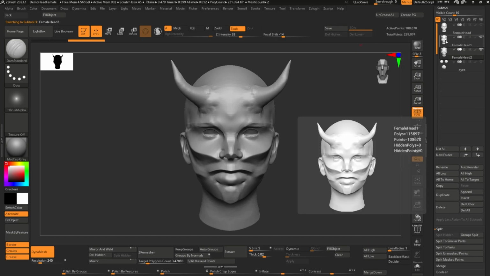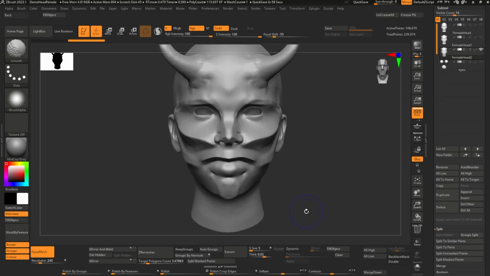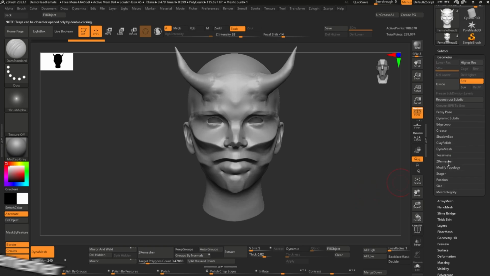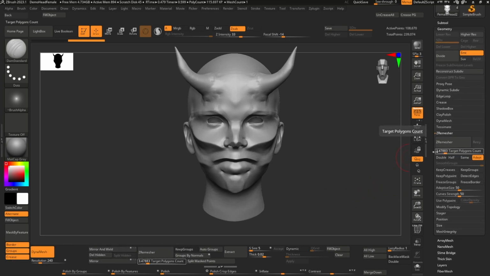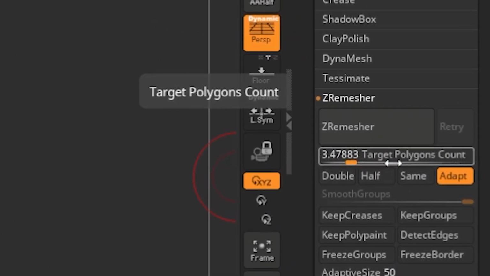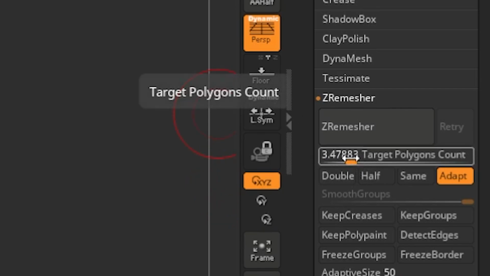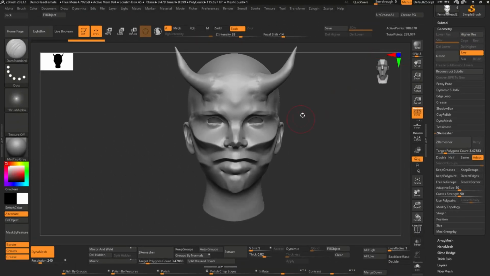So this is my Dynamesh mesh, and I'm going to duplicate it here, and then you can go on to ZRemesh it. ZRemesher can be found under Geometry and ZRemesher. The main thing you want to take into account now is your target poly count, which is sort of the equivalent to the resolution of your Dynamesh button. Right now this mesh is 100,000, but this will reduce it to 3.47 and so on,